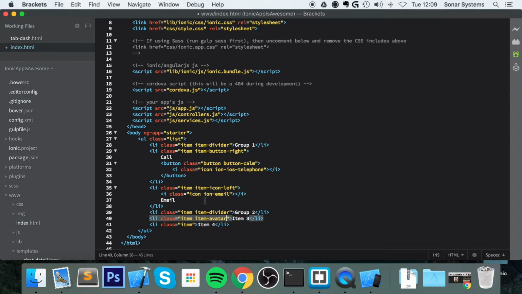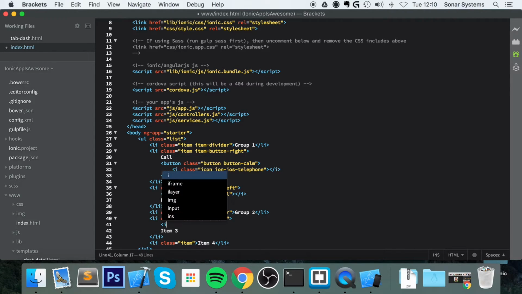In all fairness, you don't actually have to have list items. These could be anchor tags because maybe you want them to refer to something else. This unordered list could be a div. As long as you have these classes, everything should work fine. Again, experiment with it, because that's the best way of learning, and that's the best way of knowing how it all works. So we got our item-avatar class, and inside here I'm going to have